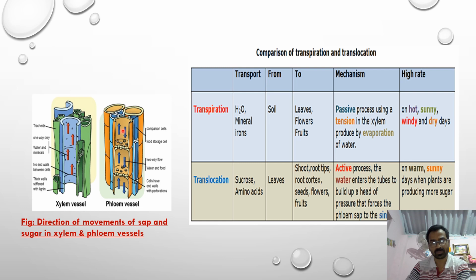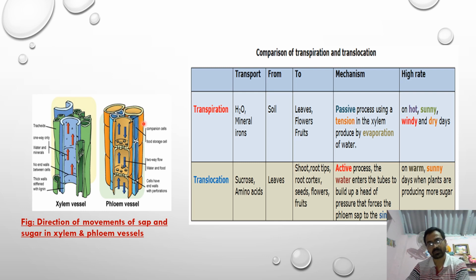Similarly, this is the sieve tube element that makes the sieve tube. The small pore sieve is there. Here you can see the flow of the phloem. The flow of the photosynthate is taking place both downward and upward. It also has companion cells and some other associated cells like parenchyma and fiber. So this is how transpiration and translocation in plants take place, by two different types of tissue in two different ways. The water and food are transported by two different channels and mechanisms.